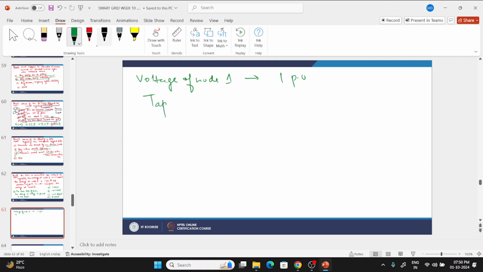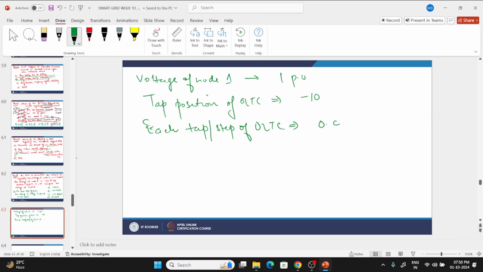सो टैप पोजीशन ऑफ OLTC इज कितनी? -10, ठीक है। हर ईच टैप और वी कैन से स्टेप ऑफ OLTC कितना वोल्टेज चेंज बताता है? 0.00625 फॉर 10 स्टेप और वी कैन से स्टेप कितना बताएगा? 0.0625, but this is minus, so we will put minus for -10। ओके, यहाँ -10 पे लगा हुआ है, ठीक है।